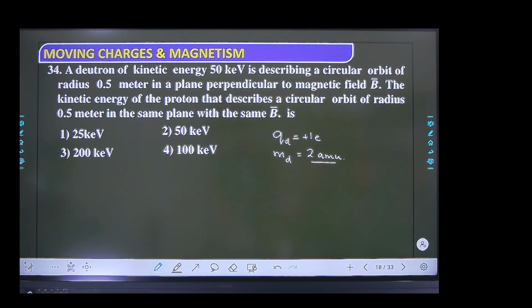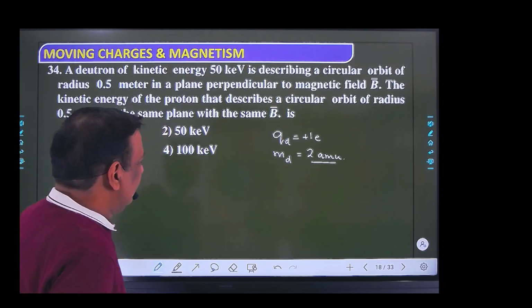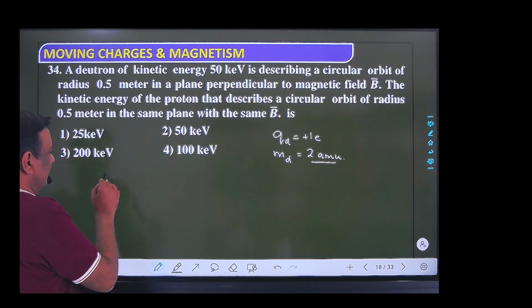Neutron of kinetic energy 50 keV, describing a circular orbit of radius 0.5 meter in a plane perpendicular to the magnetic field. Find the kinetic energy of protons that describe a circular orbit of radius 0.5 meter in the same way. तो हमने काइनेटिक एनर्जी प्रोटॉन की बतानी है अगर रेडियस सेम है. रेडियस का फॉर्मूला हमारे पास है